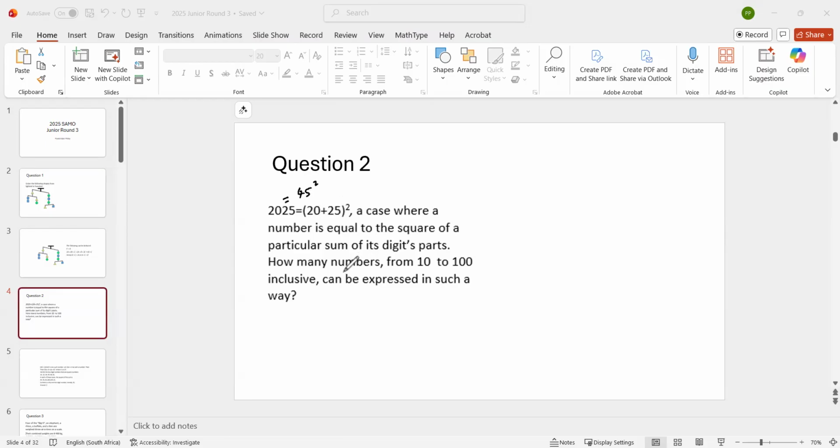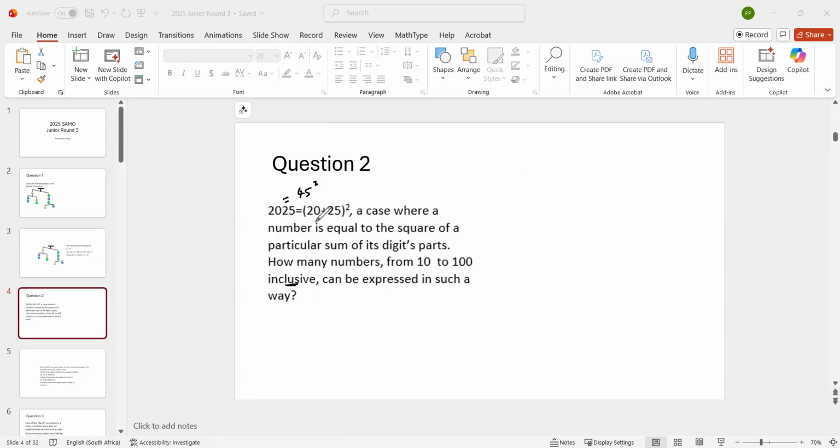Okay, here, now the question is, how many numbers from 10 to 100, in other words, 2-digit numbers, inclusive? That means you can include 100, right? But the others are from 2-digit numbers. How many of them can be expressed in such a way? Now, what do you mean by that? It means